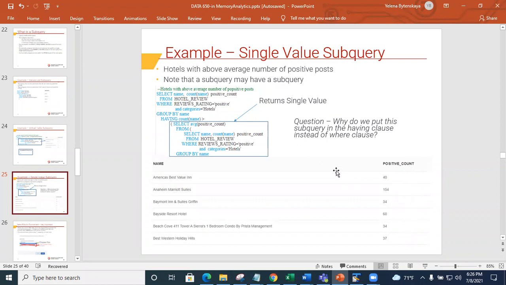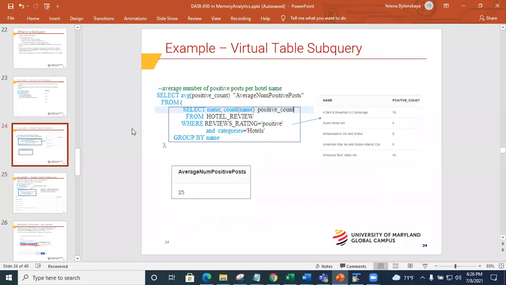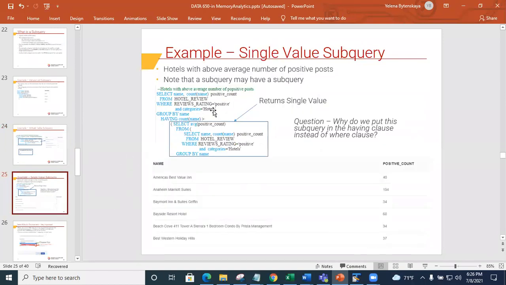And it's only gonna list the hotels that have more than 25, right? See, this subquery returns 25. So this is the average number of positive posts per hotel. And here I'm using this in a having clause to limit the hotels that I see, okay? So this was on subqueries.